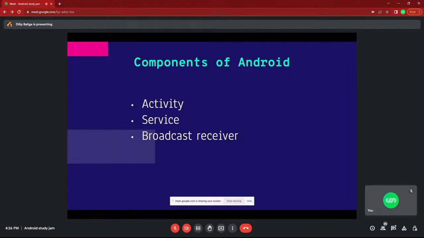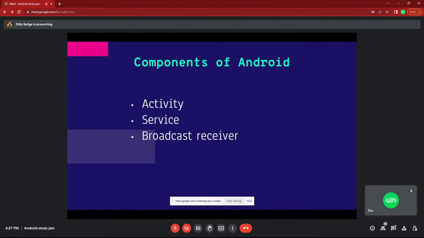In a real-time example, after entering username and password, the OTP screen comes and the OTP is filled automatically. How does it fill that? For that we use a broadcast receiver.